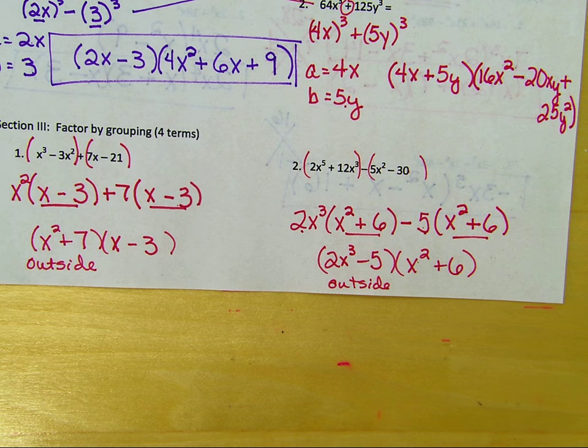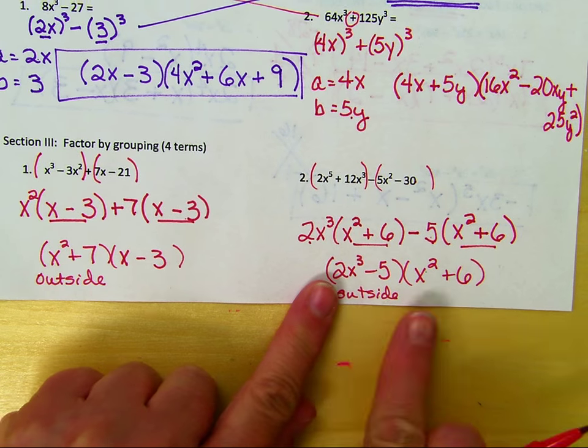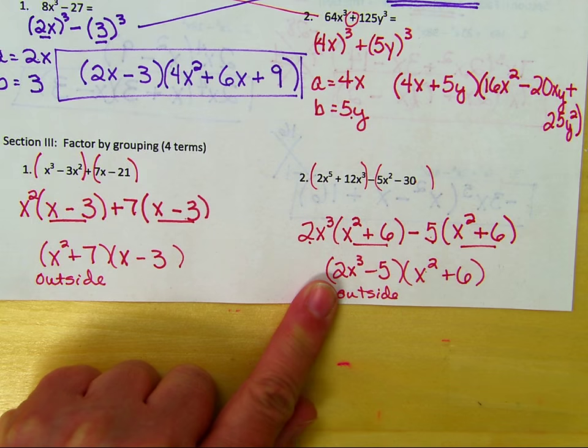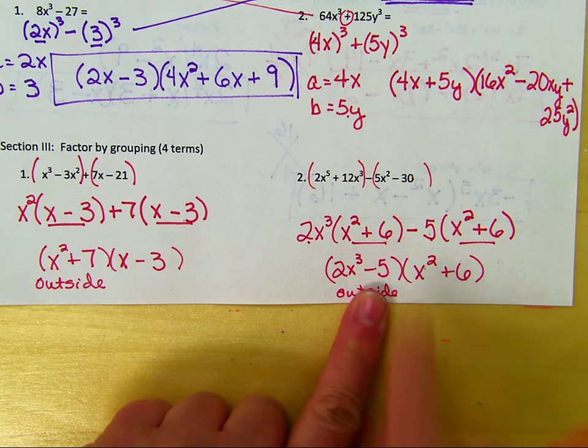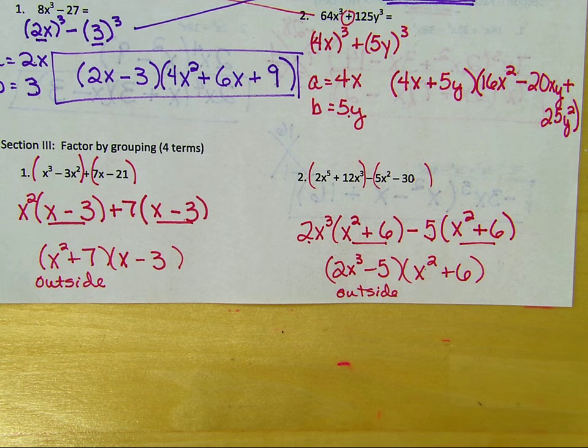Okay, so remember when we FOIL, we're going to take the 2x and we're going to multiply by the whole parentheses, right? Then we're going to take the negative 5, and we're going to multiply by the whole parentheses. So by factoring by grouping, what you're taking advantage of is